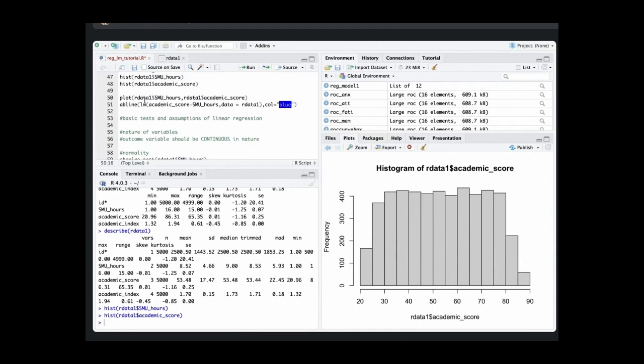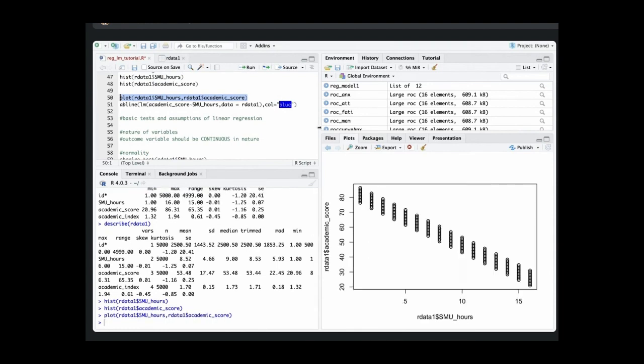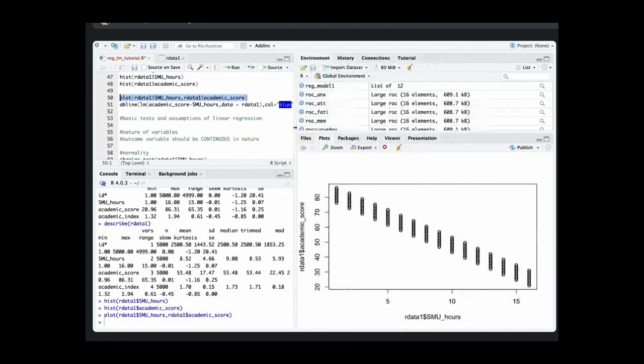How we do it in R is quite simple. We first mention our data set, and then we use a dollar sign to specify that we want to use a particular variable of the data set, right? So here we have mentioned social media usage hours as x and academic scores as y, right? If I'm just going to quickly run this. Okay, so it gives me a strong linear relationship when it comes to the scatter plot,